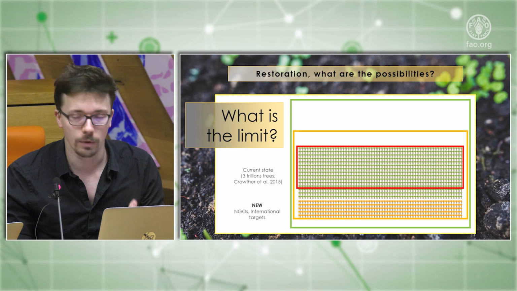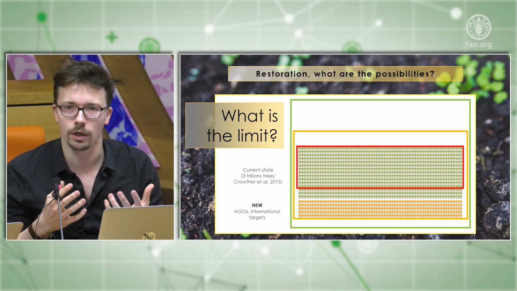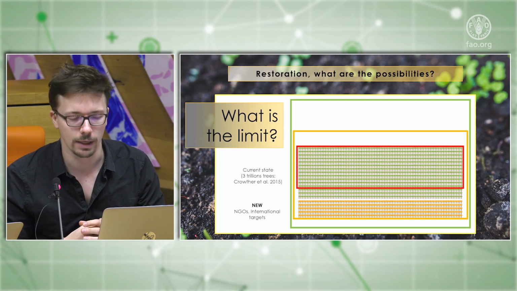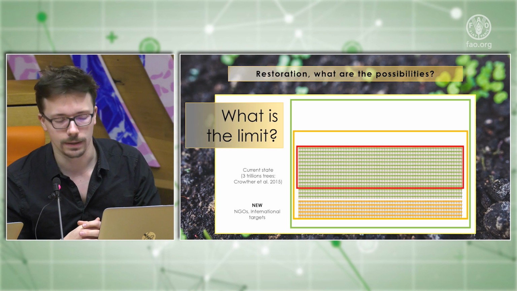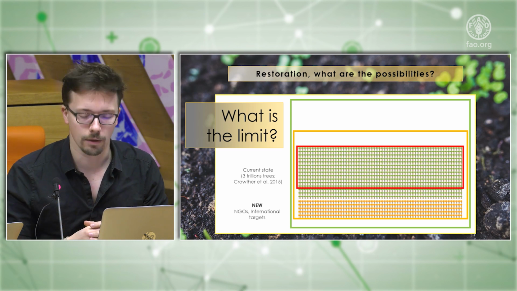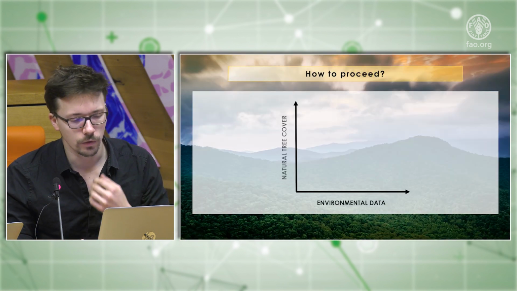And so this is how we started, by considering that we needed to estimate this global tree restoration potential of the planet and this global tree carrying capacity of the planet. So we tried to answer that simple question: what is the limit of the planet in terms of capacity? So in order to do that,